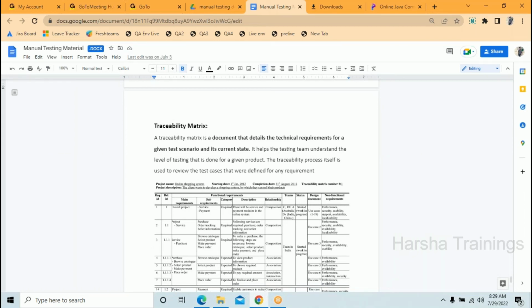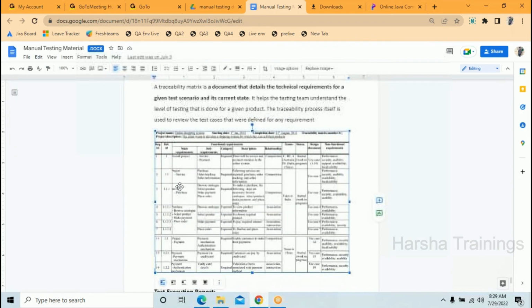Okay. Here, what it means. What is a matrix first? It consists of rows and columns. In the image below, you are seeing the rows and columns, right? So in this document, it will show all the technical requirements of the test scenarios. For example, here you can see how the traceability matrix looks: project name, starting date, completion date, traceability